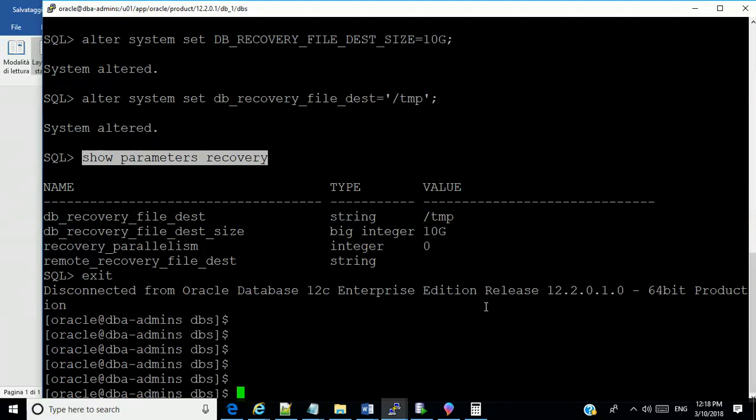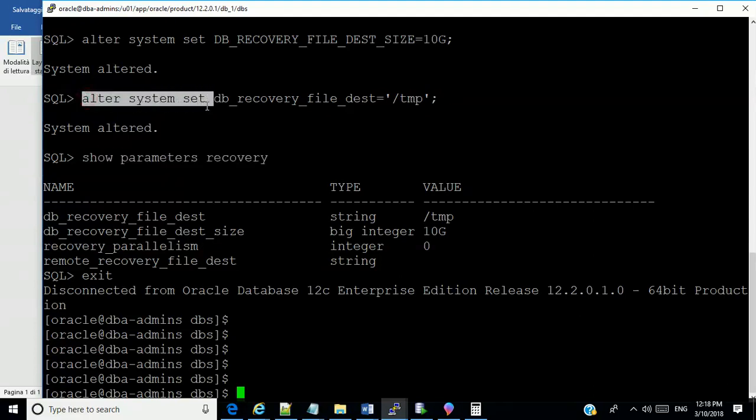Maybe you want to move the recovery destination to a faster disk, to a bigger disk. Maybe you want to increase the DB recovery file disk size. Maybe you want to increase the memory, reduce the memory. Maybe you want to add certain parameters that are not there. You normally manage this by using the alter system command.